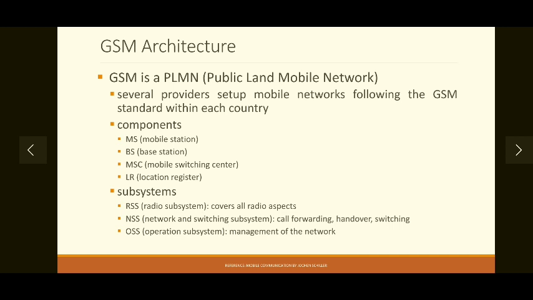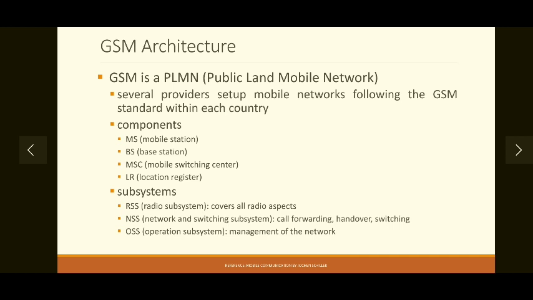So there are four basic entities or components in this entire architecture. One is a handset, that is the mobile station, which comprises our SIM card. Then there is a base station which we see in our nearby location, that is our tower. Then MSC, that is mobile switching center, which switches the calls from the mobile network to another network, whether it is a telephone network or another mobile network, that doesn't matter for MSC. And finally, databases, that is location registers. These are the four basic components. We will see them in detail one by one.